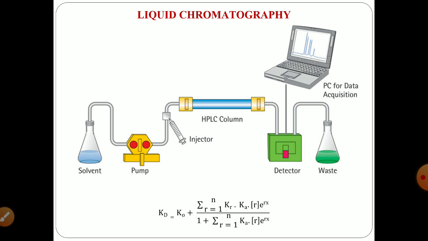The column is responsible for the process of separation. Basically, in recent years, stainless steel housing and glass columns are preferred. The packing material generally used in columns is silica or polymer gels compared to calcium carbonate. Once you are injecting the sample into the eluent, the flow of eluent is maintained with the help of the pump. The pump will generate a flow of eluent from the solvent reservoir into the system.